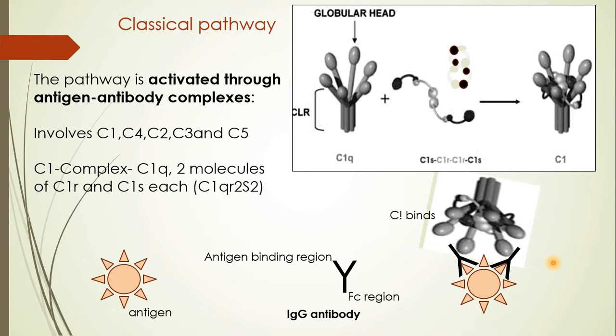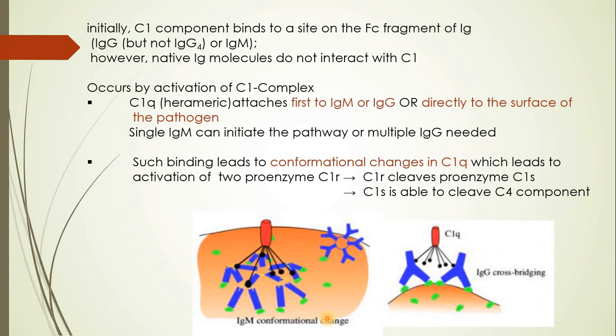What about the other antibodies? There are different types of antibodies like IgA, IgM, IgD, IgE and IgG. So only IgG and IgM can participate in bringing out the action which is called the classical pathway, right? Now, as I have mentioned about IgG, this is the binding process which is seen specifically only for IgG. Now if I want to talk with reference to IgM, IgM is a pentameric molecule.